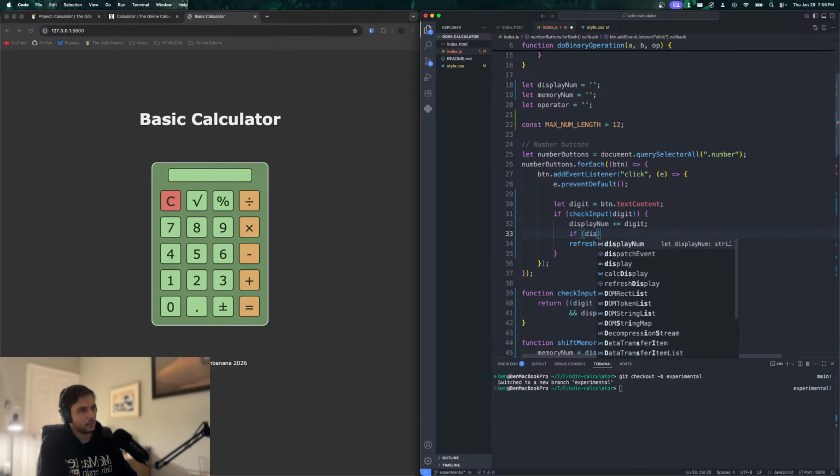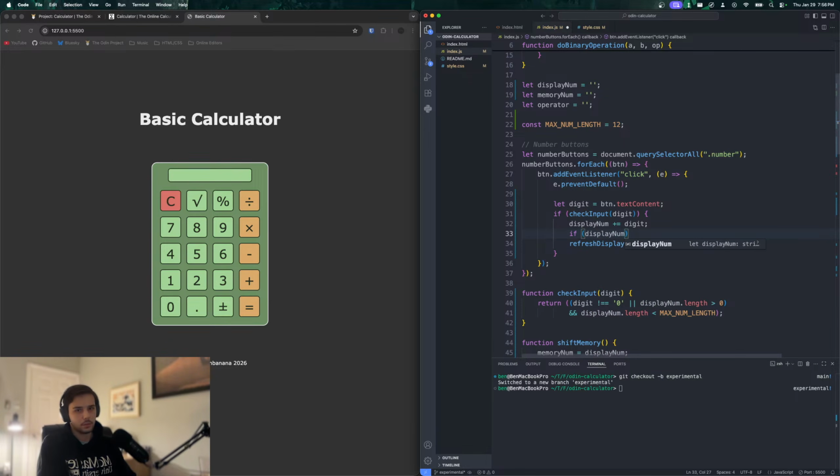Could have another check here. I just want to see if this works. If display num is not equal to